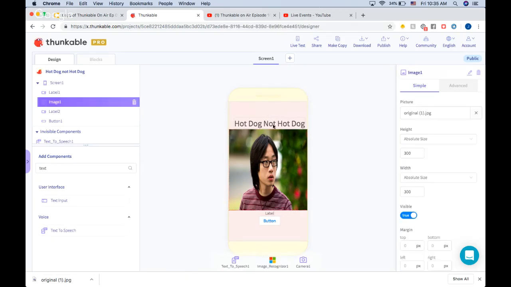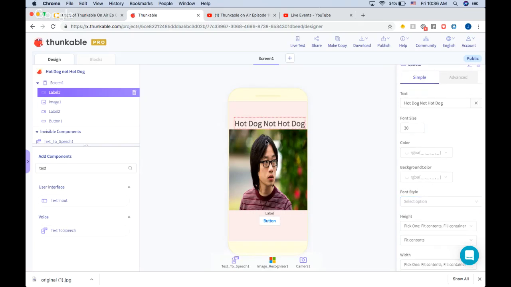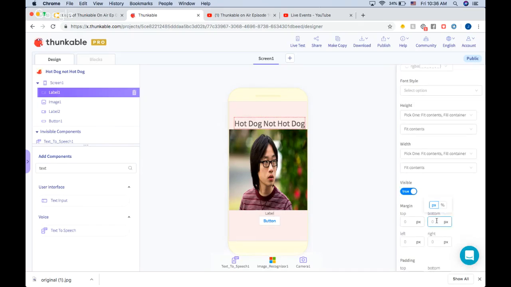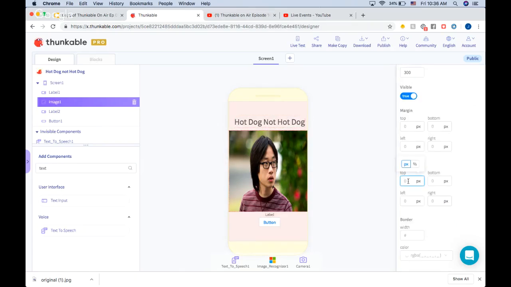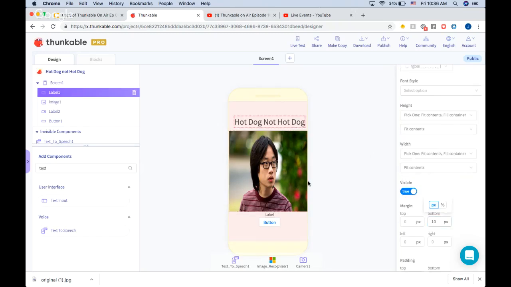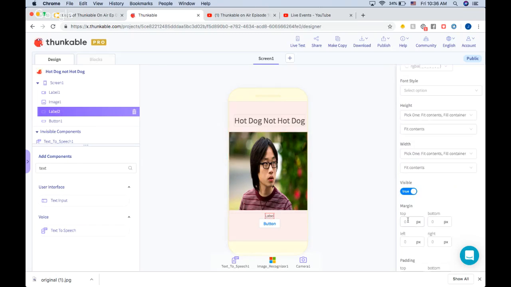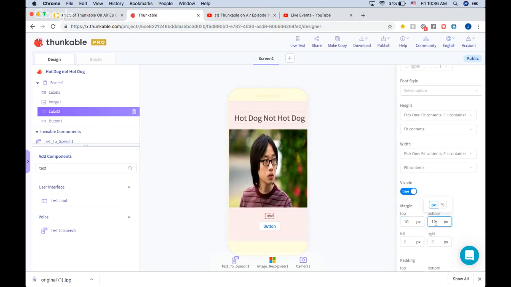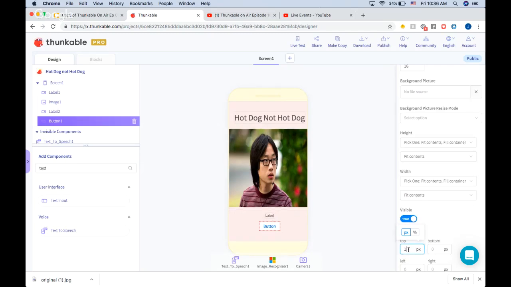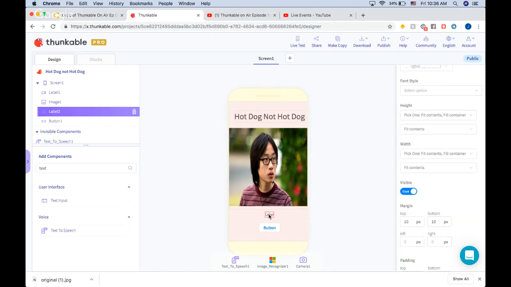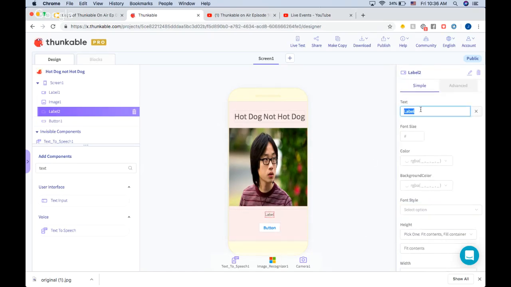I'm just going to add some padding in between these so they're not smushed together. So I'm going to add, let's see, on the bottom, I'm going to add 10. On the top, padding over here, I'm going to, oops, sorry. Make sure that's on the margin side. Over here, I'm going to add 10 pixels to the top of this, a little more space. We're going to add 10 to the bottom. We're going to add some more spacing in between the label and the button. There we go. And we're just going to delete the text of the label.